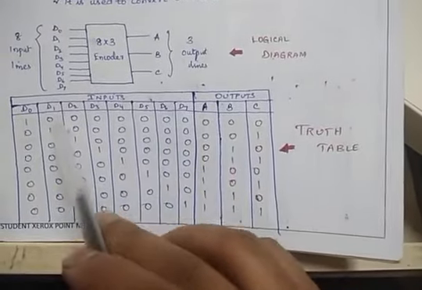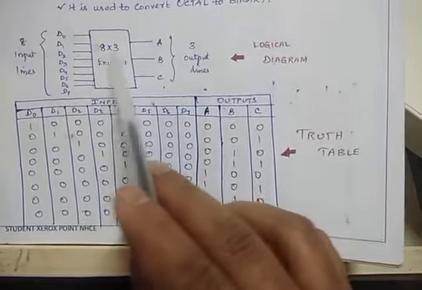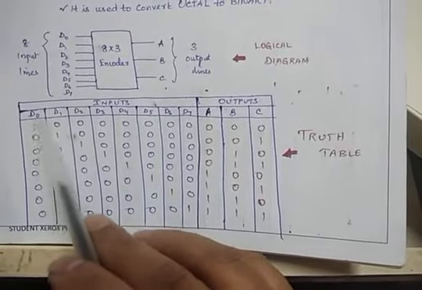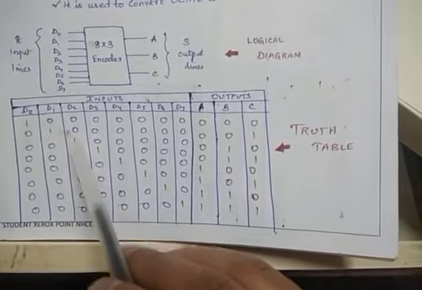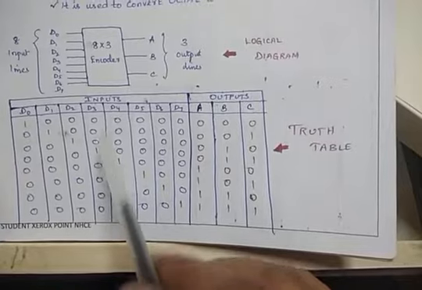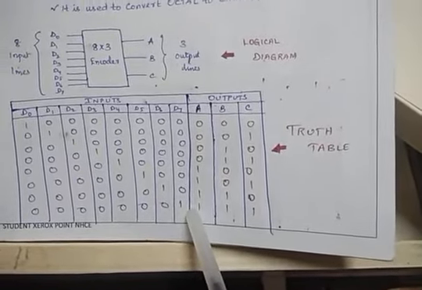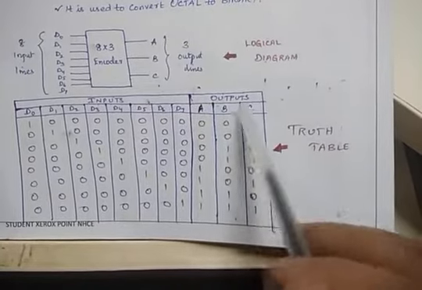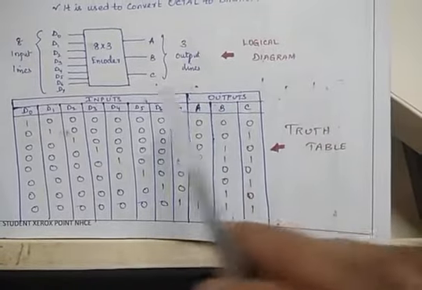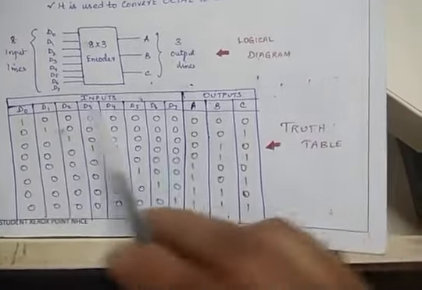This we already discussed in the 4 to 1 system. So that is what is given here also. This is a device which is used to convert the octal values into equivalent binary values. So that is called an 8:3 encoder, right? So D0 means 0 value, D1 1 value, D2 means 2 value, this is 3, this is 4, this is 5, this is 6, this is 7, right? And these are the outputs we are getting. So these are the input octal values and these are the output binary values.